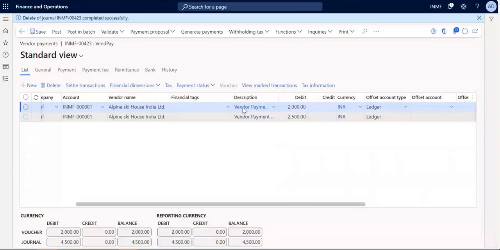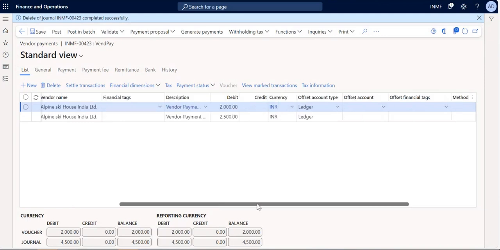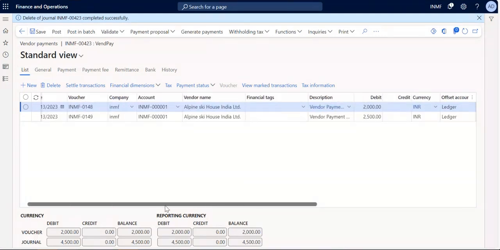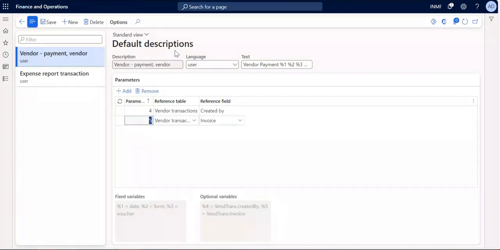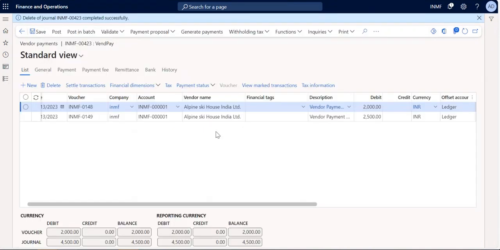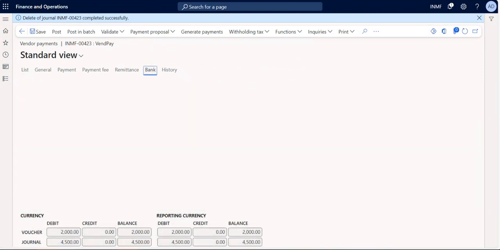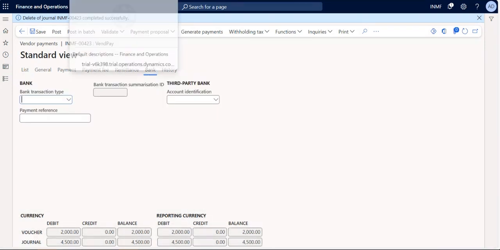The default description will come automatically. Likewise, we can do the setup as per the defined fields that Microsoft has given in the description. I have just shown it for this particular vendor payment only. I hope this will be clear. This is something which we can use in our client or for our business. So this is the default description. Now coming to